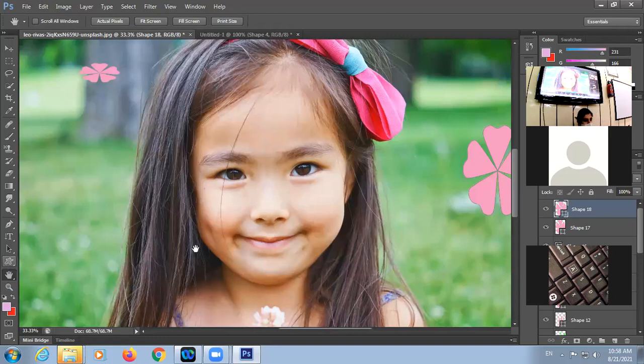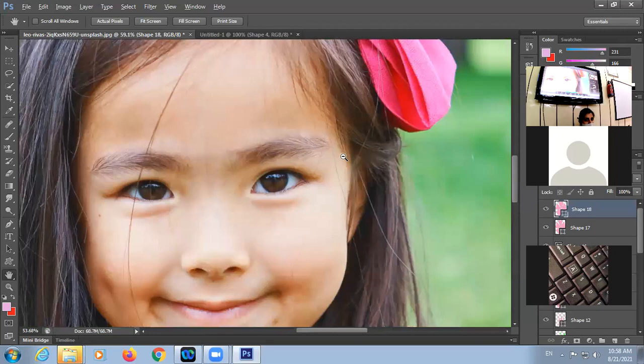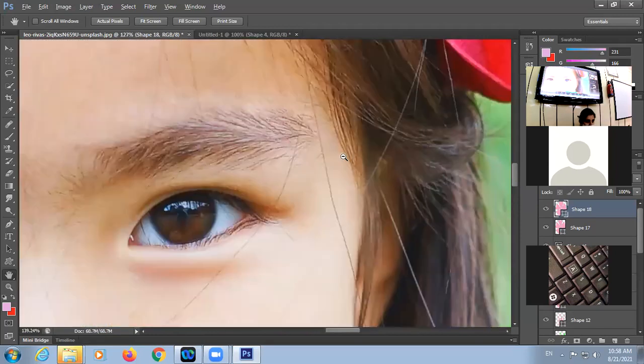Third method is you can press the alt key. Now see, when I'm pressing the alt key, my cursor is changing. My mouse pointer is changing, right? So pressing the alt key and simply scroll the mouse button. If I'm moving it in the upward direction, then it is zooming out.